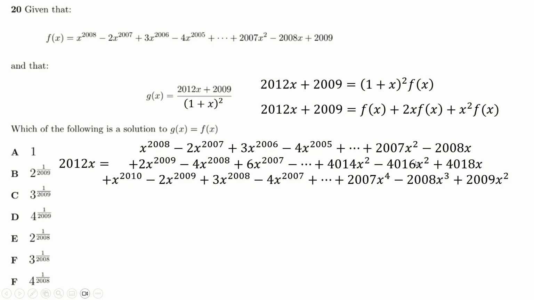You verify that the x squareds also do it with each other, which is fantastic, and so then you assume the x cubed stuff. There's of course some nice logic you can use that shows that all definitely goes away, but what I'm going to argue here is that the only thing left is x to the 2010, and these two bits here, which make plus 2010x. We can divide everything by x, of course. X equals 0 I think is a solution, but it's not interesting according to the question, so we end up with this, and then our solution is just immediately this, which is B, which I forgot to underline, apologies, but